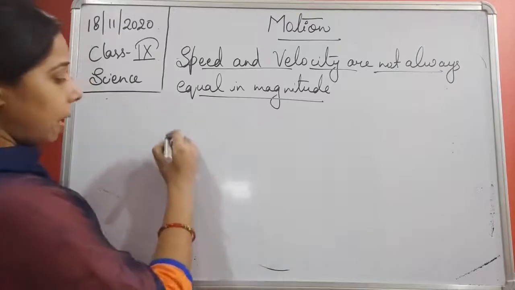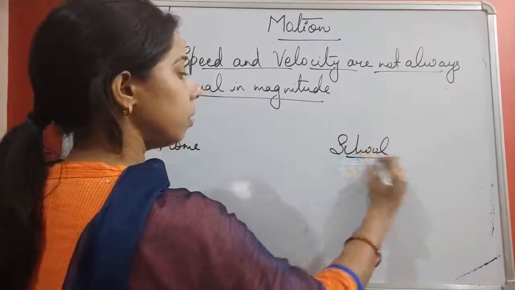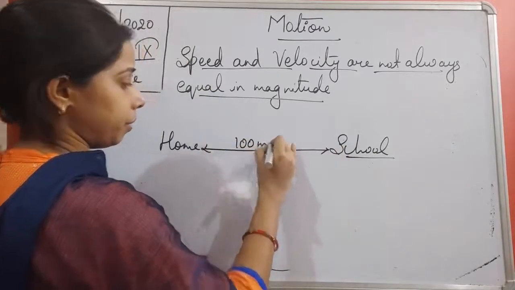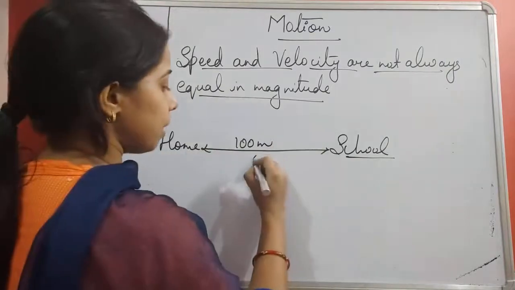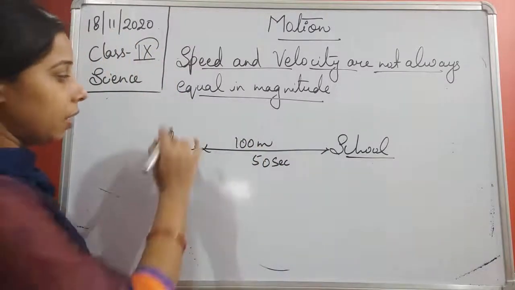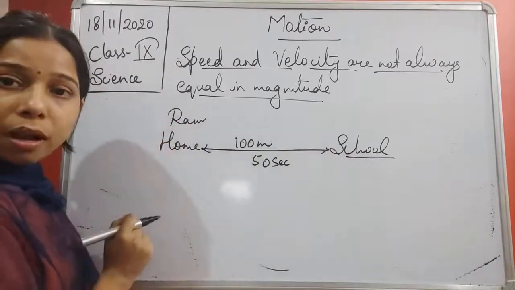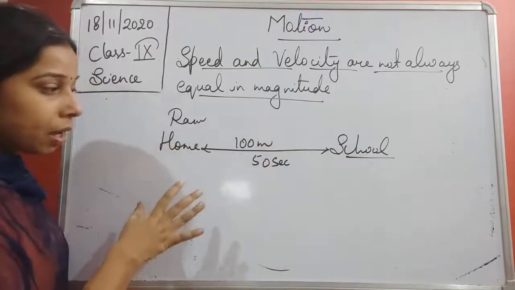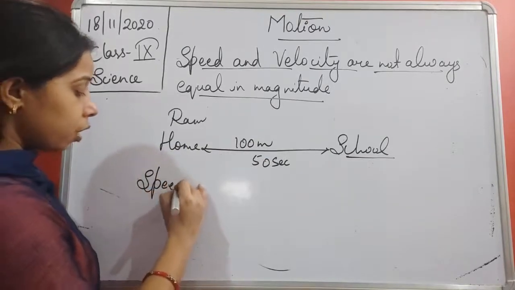Suppose there is a home and a school, and the distance from home to school is 100 meters. The time taken to move from home to school is about 50 seconds. Suppose this is the condition given. Now Ram starts moving from his home to the school, and he travels 100 meters in 50 seconds. So if we talk about the speed of Ram,